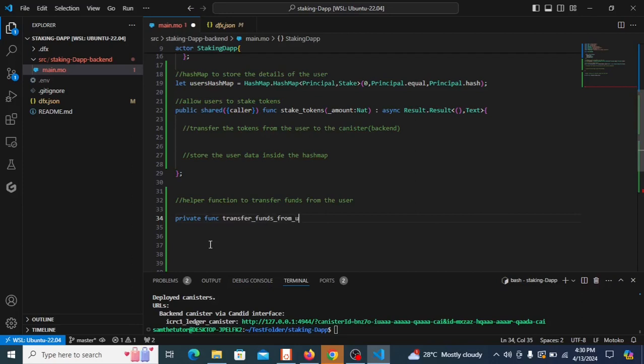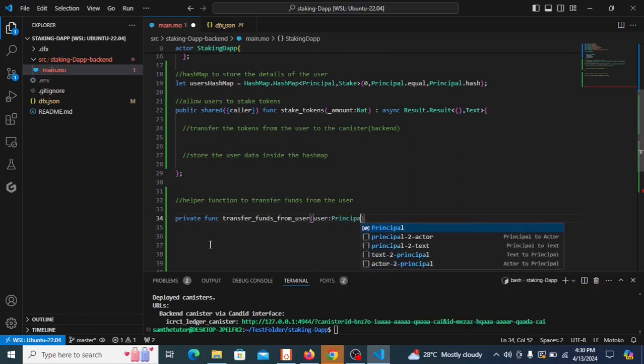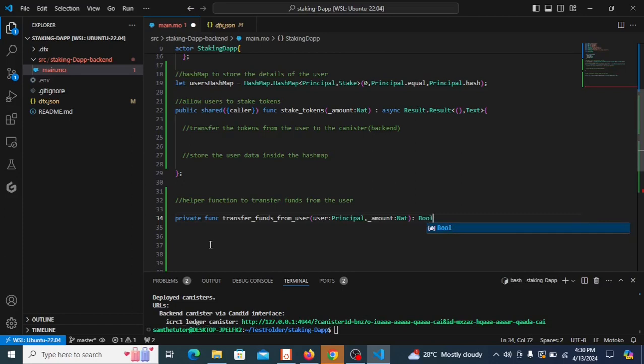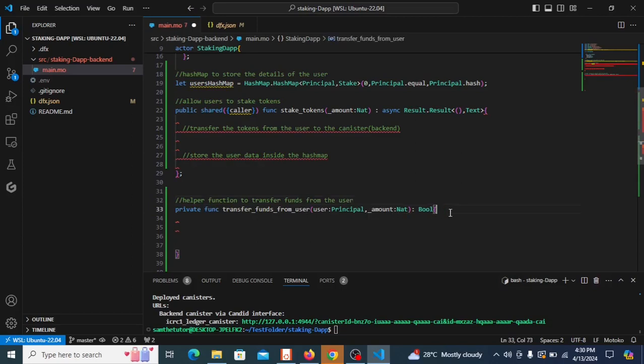So we just need the user first of all, which is of type principal, and the amount that we want to transfer on their behalf, which is of type Nat. So if the transfer is successful, we shall just return a boolean true, and if the transfer has failed, we shall just return false. So inside here, this is where we're going to use our ledger canister,